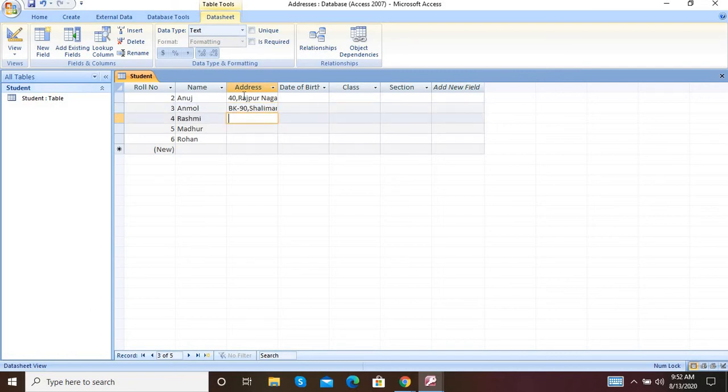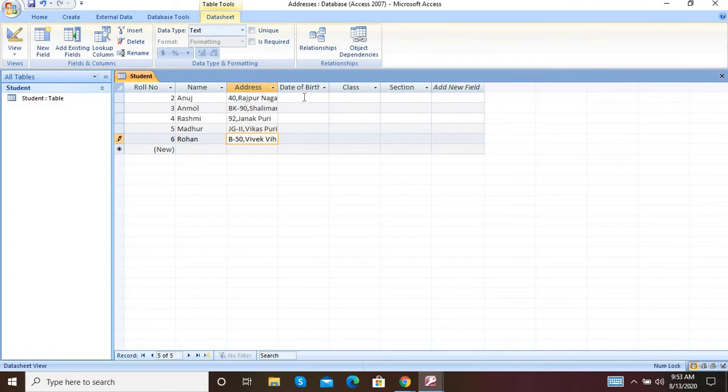Next thing, 92, comma, Janakpuri. Then JG, dash 2, comma, Vikas Puri. Next is B, dash 50, comma, Vivek Vihar.